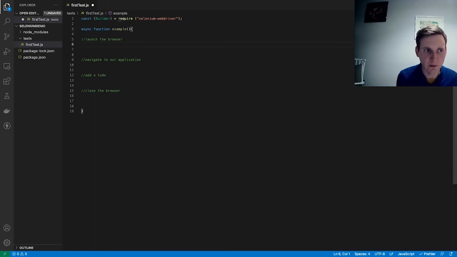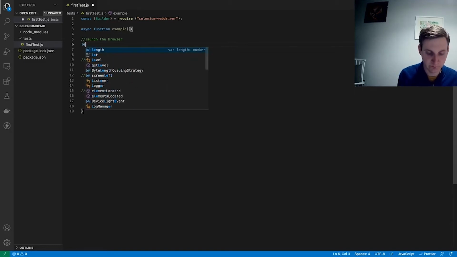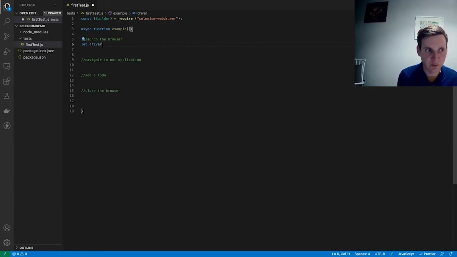We do that by using the builder command that we required at the top of our file. So I will write let driver, so this is our variable name, equals await new builder,